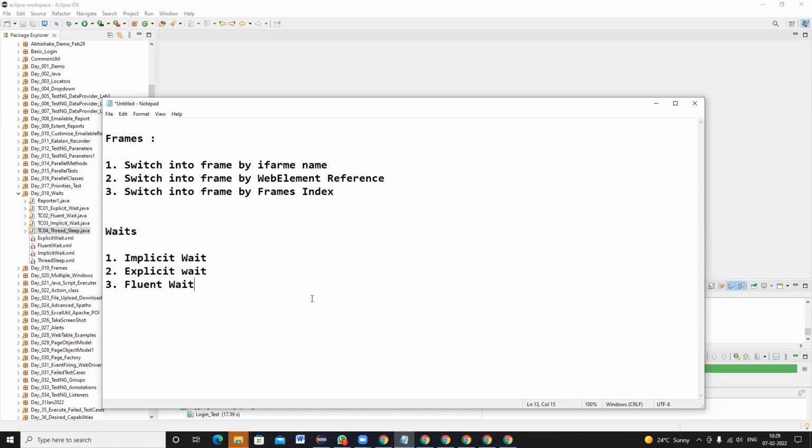Understood the importance of implicit wait. Suppose you have written ID, name, XPath correctly, but you still get a no such element exception. What does that mean? That web element is loading slowly on the web page, and you have to handle it with implicit or explicit wait. So if you get a no such element exception even though you gave the locator correctly, there could be two reasons.